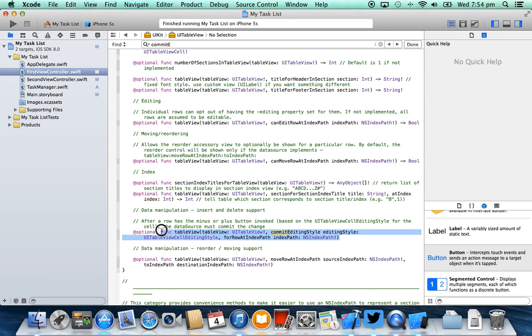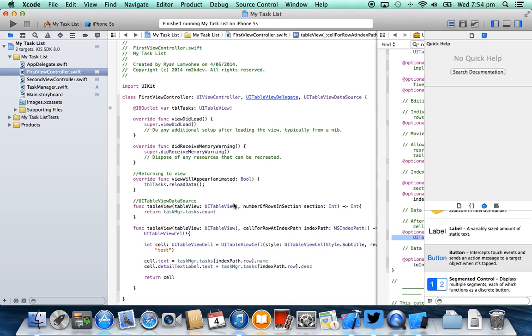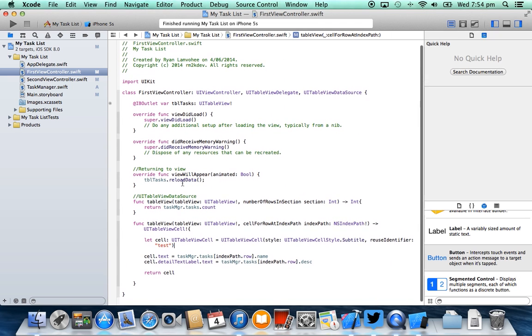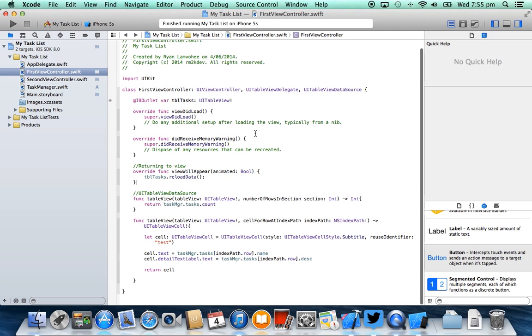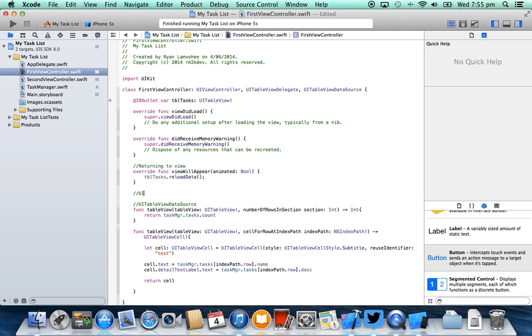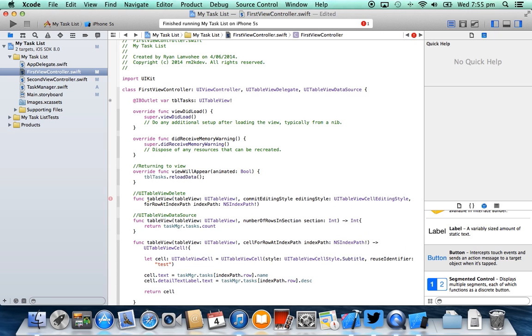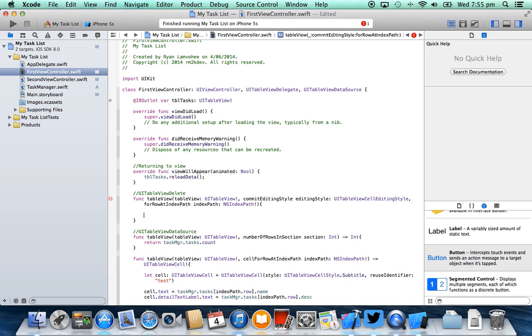So we're going to take this function here, and we're going back to our first view controller. I'm going to add another comment. This is UITableViewDelegate functions, and I'm just going to add a function to that. Now what this does is, when we overload this method, it provides us with the delete functionality on our